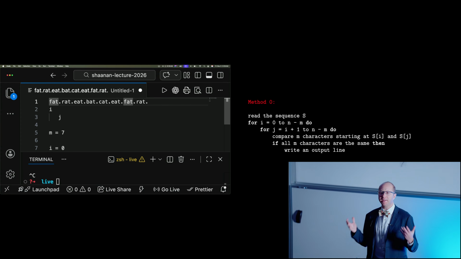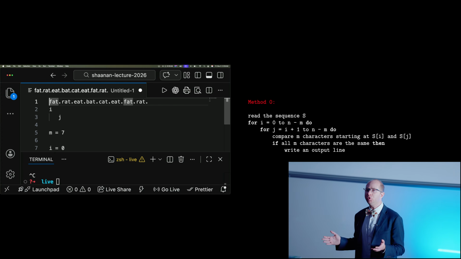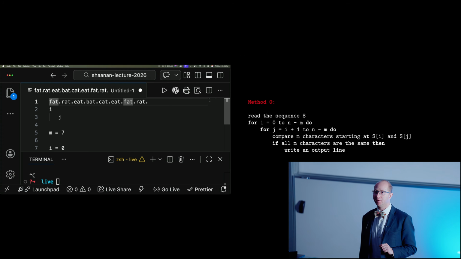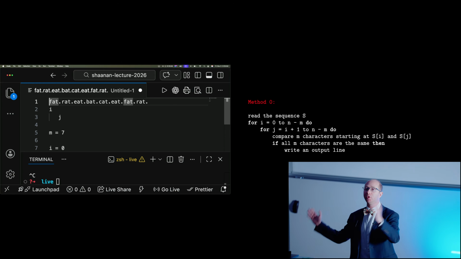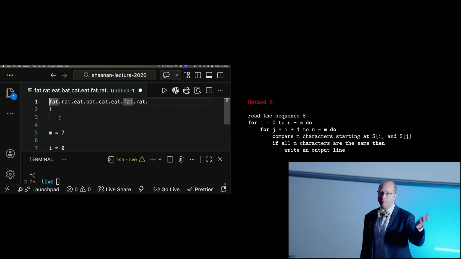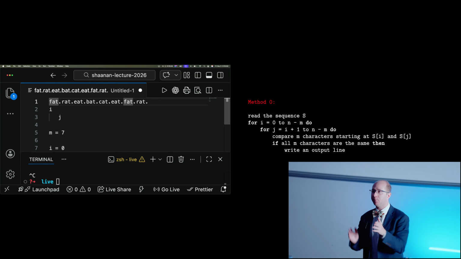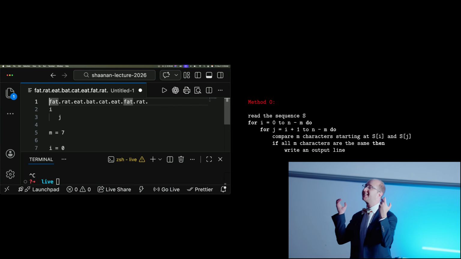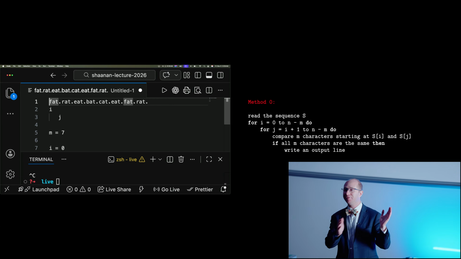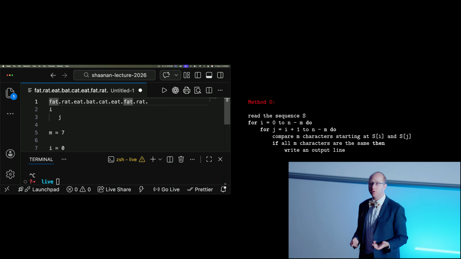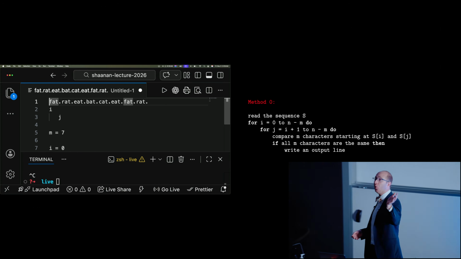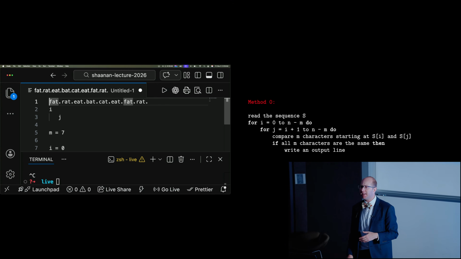So being super explicit about our intuition there, for 2 strings to match, they must necessarily match in that first position. If they don't match in the first position, there is no possibility that they match across all the positions. Then we know, well, if we've already decided that they did match in the first position, then we can check the next position along. They must necessarily match at the second position if they're going to match for all the characters as well. And so this gives us an optimization. What we can do is, instead of comparing all the characters, we can compare up until... When do we compare up until?